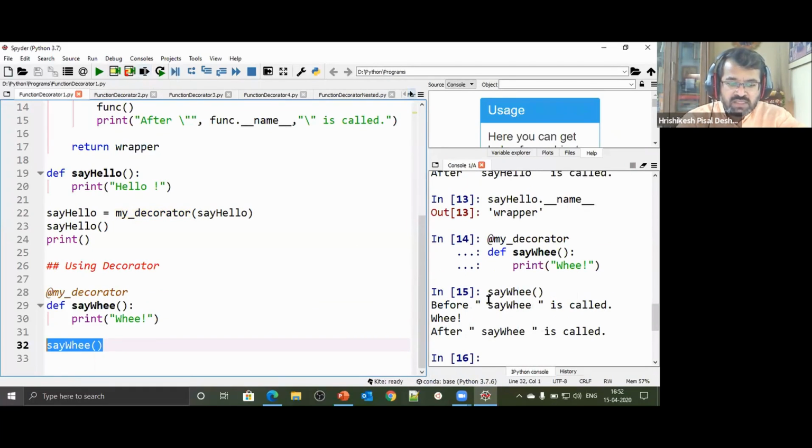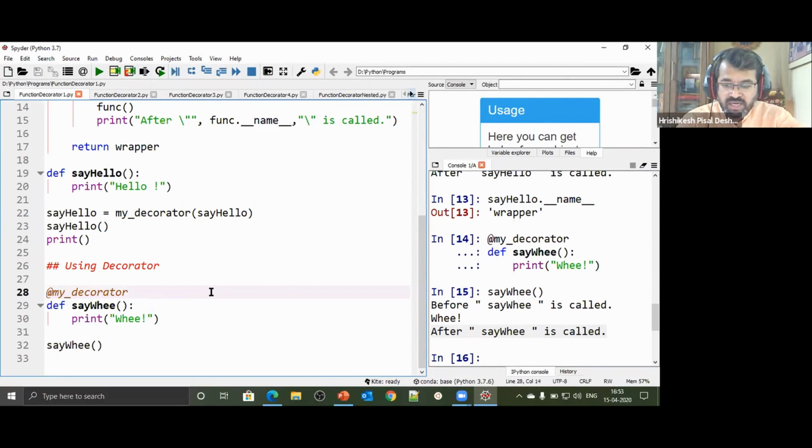When I do that, savey is called v, and savey after savey. Actually, it was supposed to print only this particular statement saying v. Now that has not happened. Why? Because when we apply this decorator, how do I read this statement? When I apply a decorator to a callable, how should I read this statement?